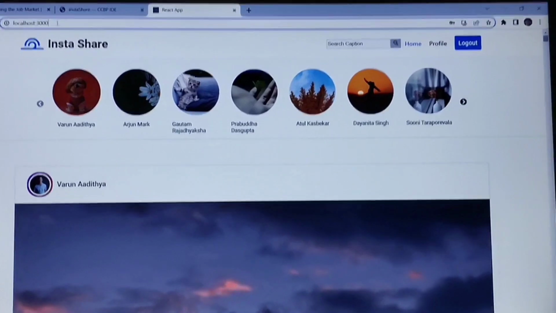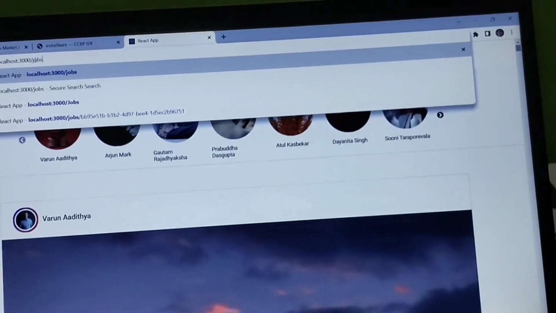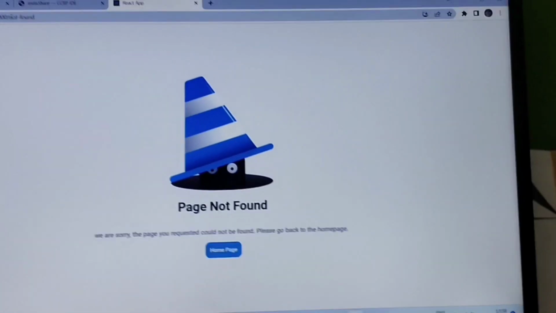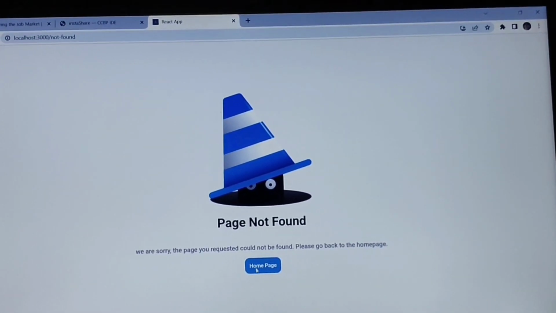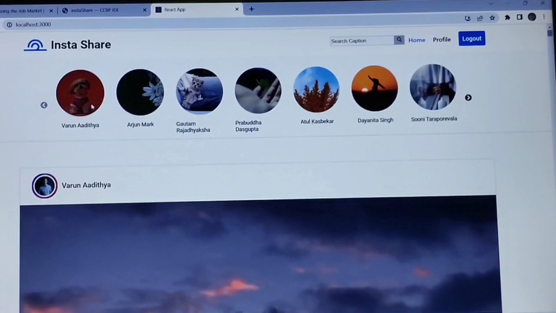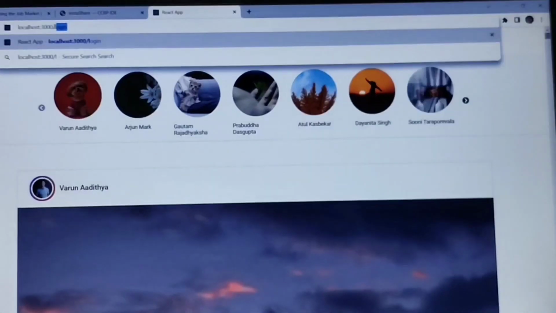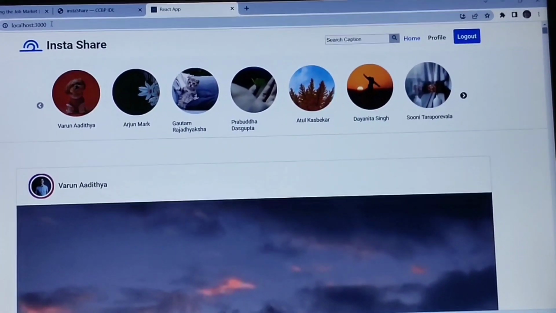Again, if the user accesses a bad path, it shows page not found with a description and a home page button. Click the home page button and it redirects to the home page. If the user is already logged in but tries to access the login page, it automatically redirects to the home page.